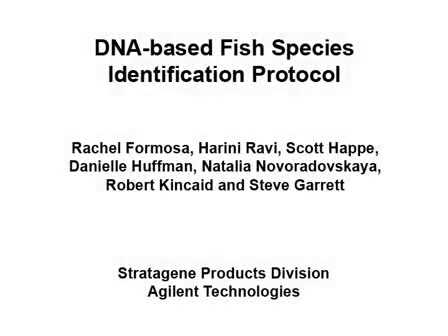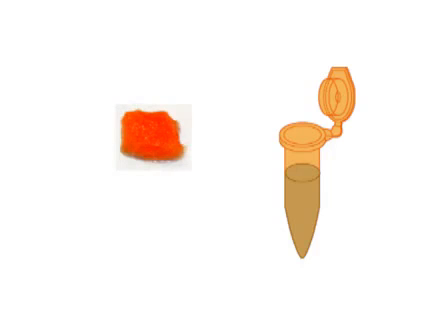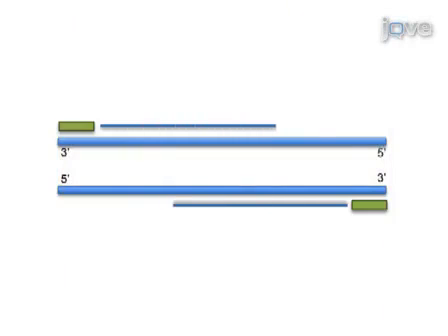The fish species identification system is a simple, fast, and accurate DNA-based method to identify the fish species present in a given sample. Fish samples are treated with proteinase K to release nucleic acids into solution. The fish genomic DNA is then isolated and PCR amplified using primers that bind to sequences found in all fish